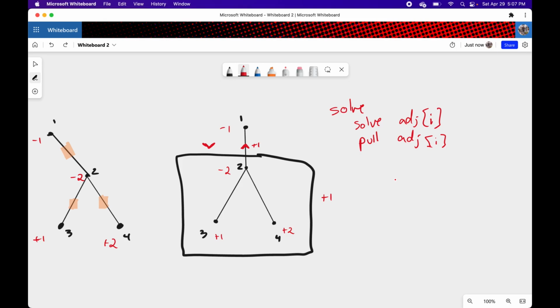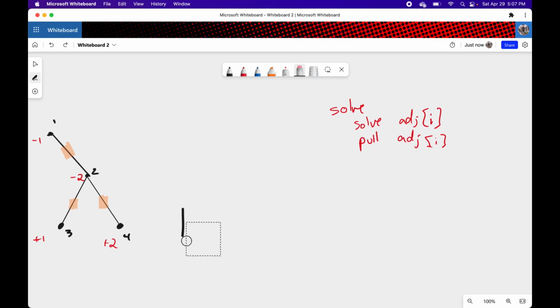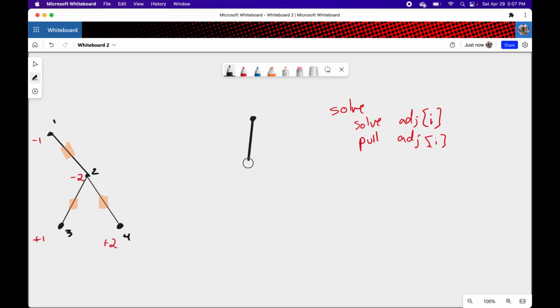That assumes that 1 is never going to have to push stuff down, and that is clearly wrong when we consider something like this. So if I were to reorganize this tree in the following way, let me just reorganize this tree like this. I'm going to start with node 3. It's going to be the same exact tree, okay? Start with node 3, and then we're going to go to node,